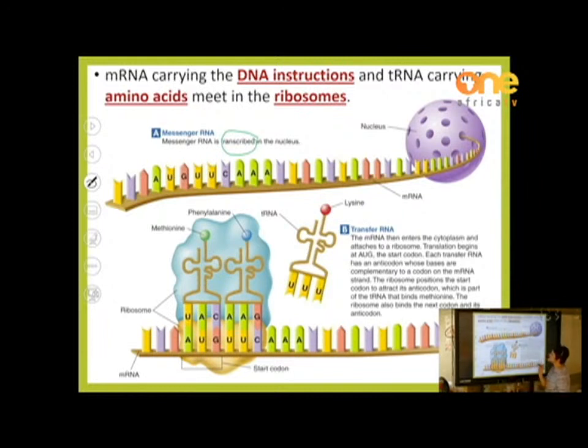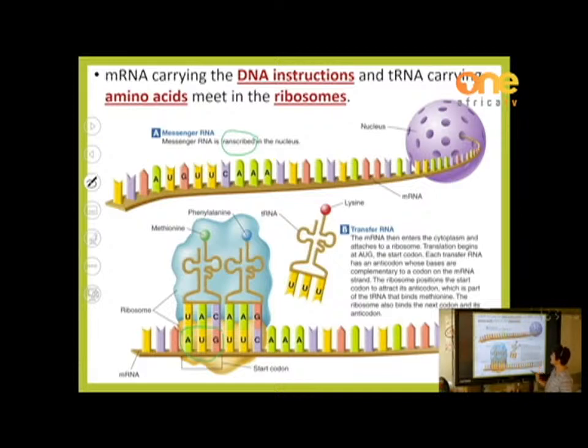mRNA is transcribed in the nucleus. The mRNA can leave the nucleus through the nucleopores because it is small enough. It moves through the cytoplasm and joins the ribosomes. Inside the ribosomes, which are the factory of proteins, the codons of the mRNA will be translated